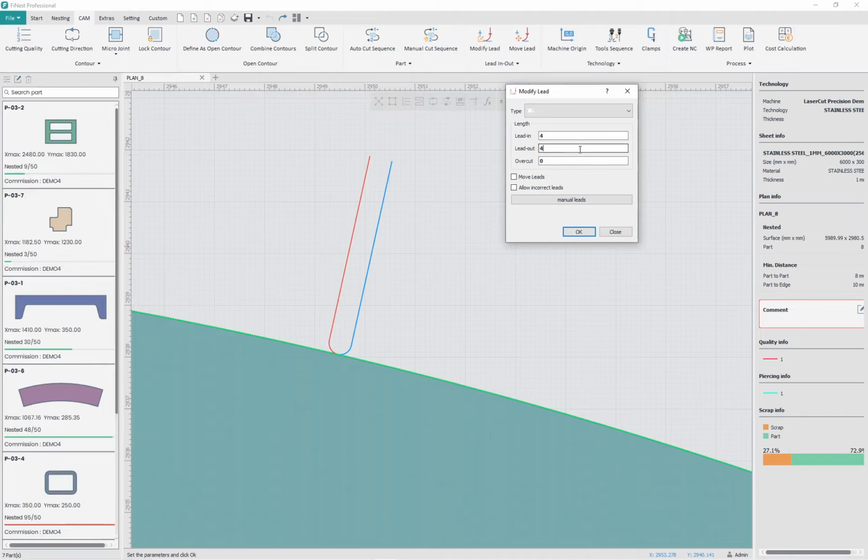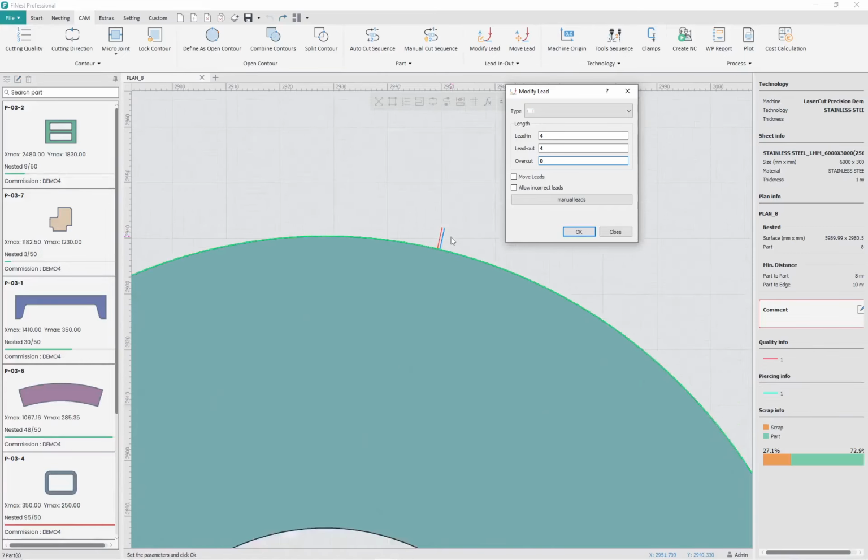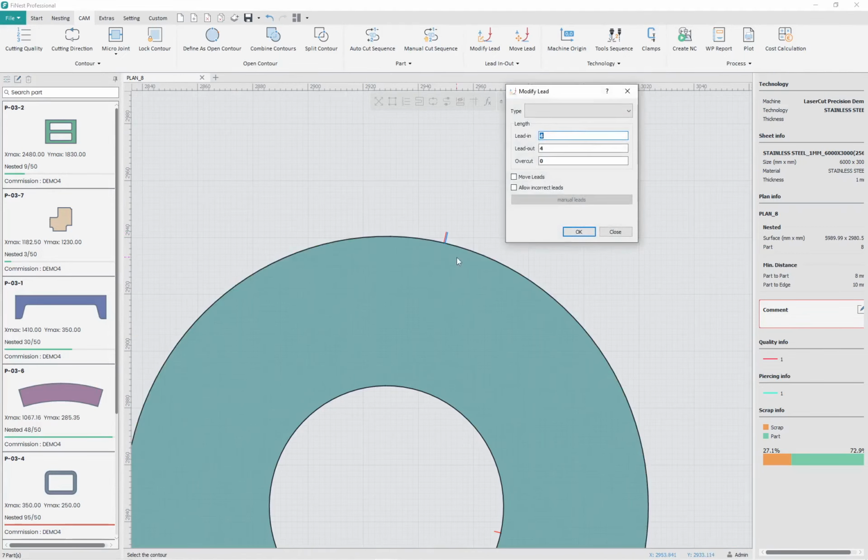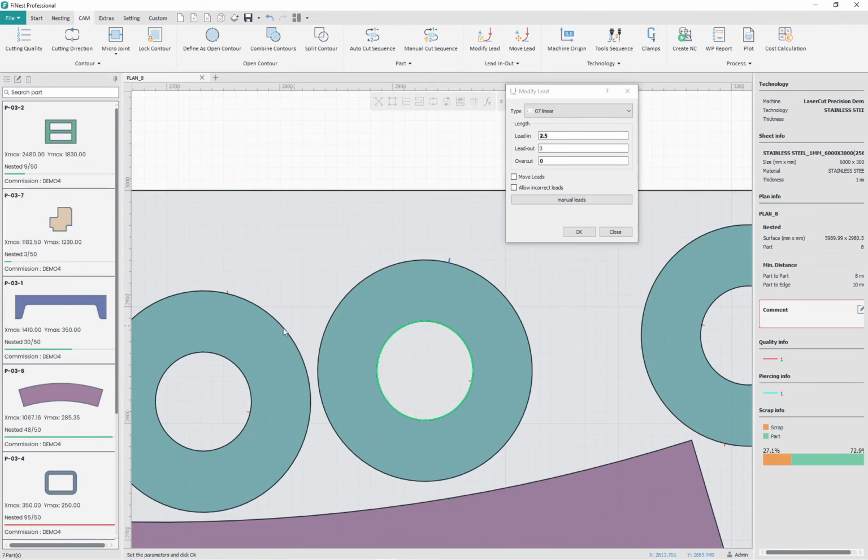Adjust the lead-in, lead-out, and overcut lengths. As a rule, thicker materials need longer leads to ensure a stable cut. You have the flexibility to set different leads for inner and outer contours. Simply select an inner contour, and you can apply unique settings, like a different lead type or length, just for